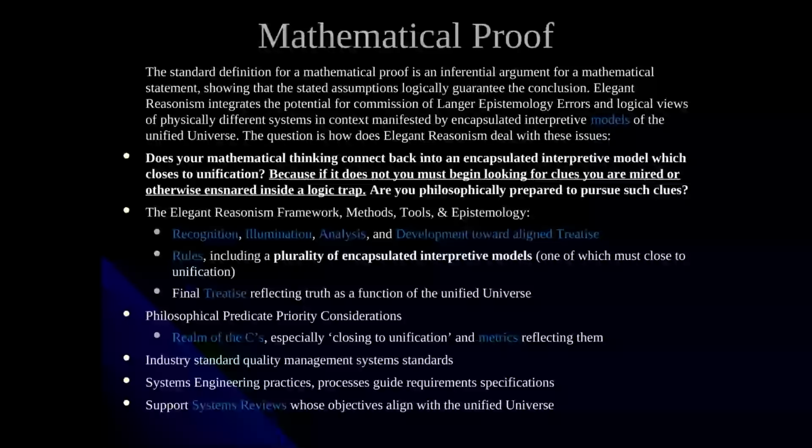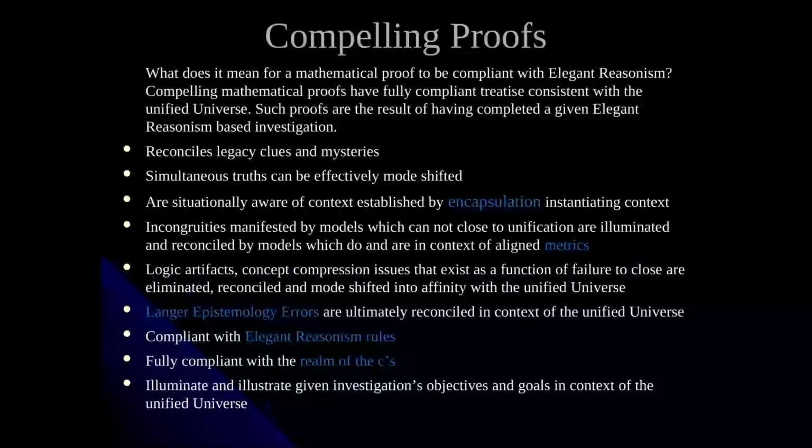Compelling proof. So what does it mean for a mathematical proof to be compliant with elegant reasonism? Well, first of all, they have a fully compliant treatise that is aligned, it reflects the unified universe. Such proofs are the result of having completed the entire process and gone through all the rules, and you've met all those criteria, and you can document it with all. If you want to do a formal proof, then you need to be able to document that with all of the different